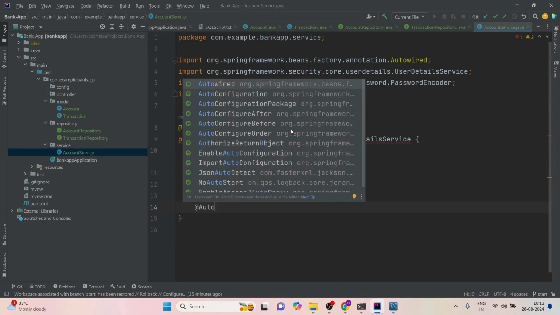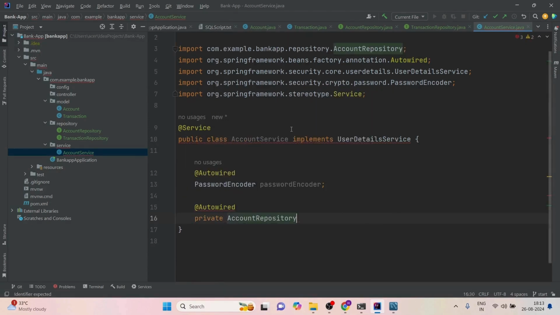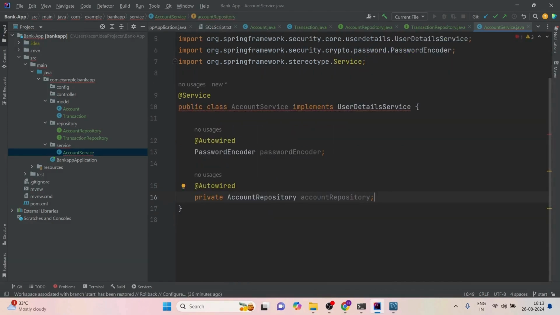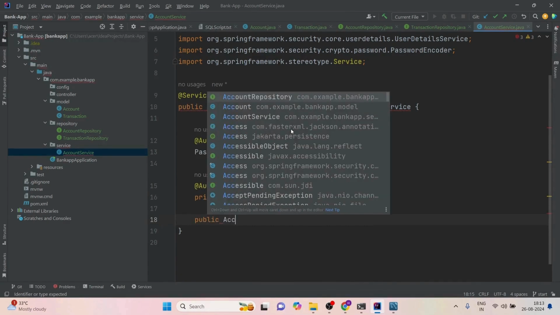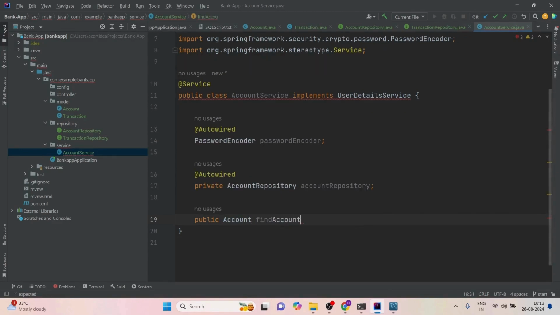Now after this, we'll inject another dependency, private AccountRepository, and then define a method here, public Account findAccountByUsername, String username,